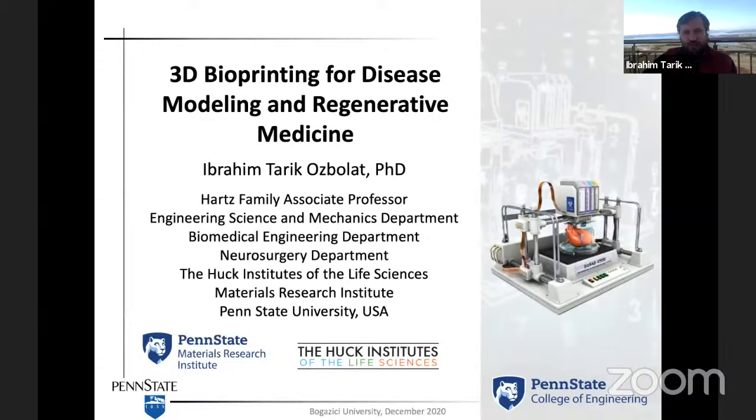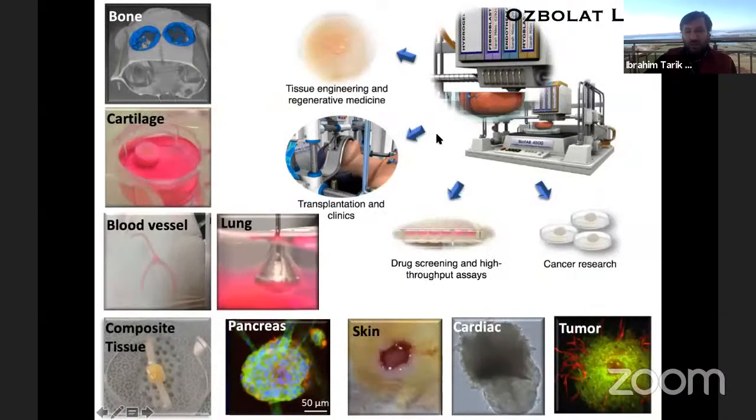So today I'll present our research on 3D bioprinting, and this is particularly for fabrication of tissues that can be used for regenerative medicine purposes, for tissue engineering, as well as disease modeling. I have been in the field of bioprinting for about 13 years. What we do in the lab is quite interesting, as we use 3D printers to manufacture tissues. Using 3D printers is very typical nowadays, even in the industry. But we replace the non-living materials with living materials like living cells, and then we print them layer by layer, and we make various different tissues like bone, cartilage, blood vessels, composite tissues, pancreas, lung, skin,